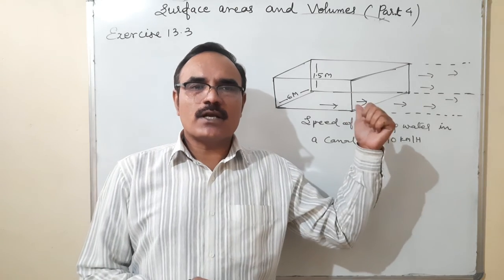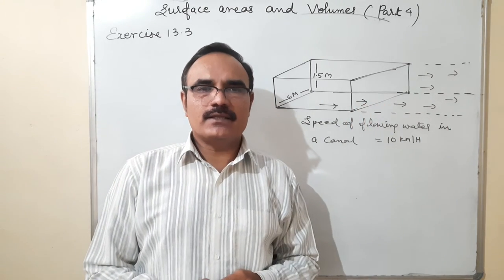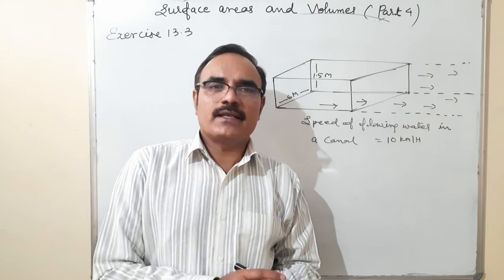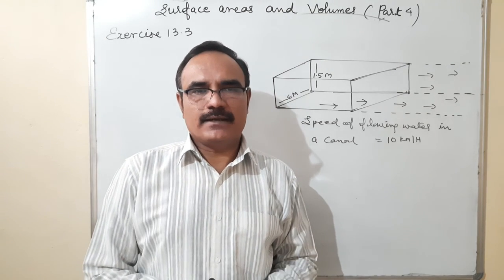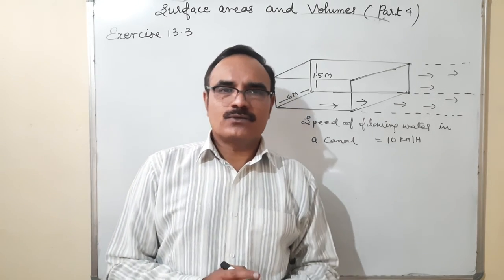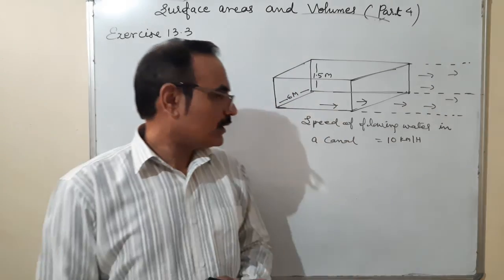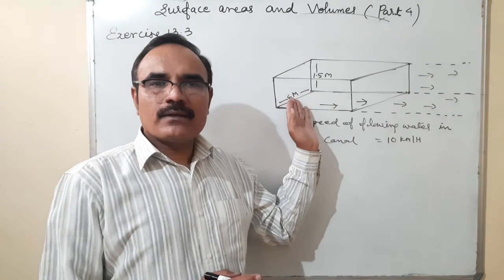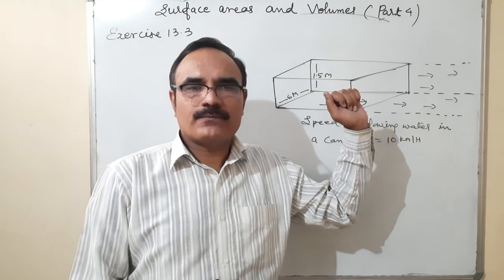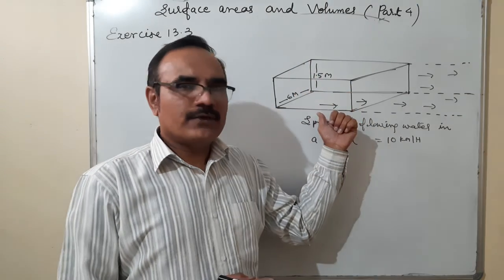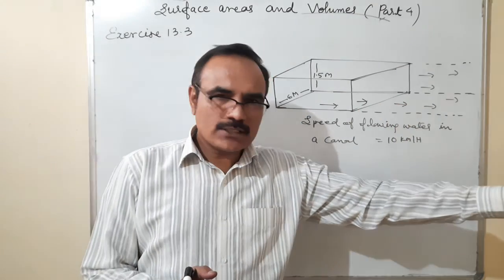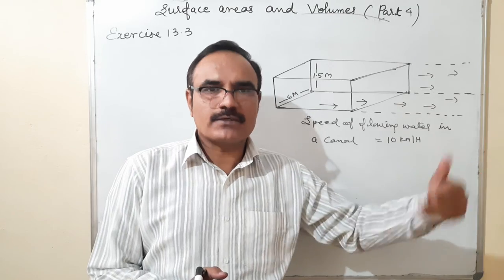Okay. So this water which has flown in 30 minutes in this canal is used for irrigation of the land. So how much area will be irrigated through this water? Here breadth is given, height is given, but length is not given. We are not finding the length of the canal. We are finding the length of the water blockage which has flown in 1 minute, and after that 30 minutes.